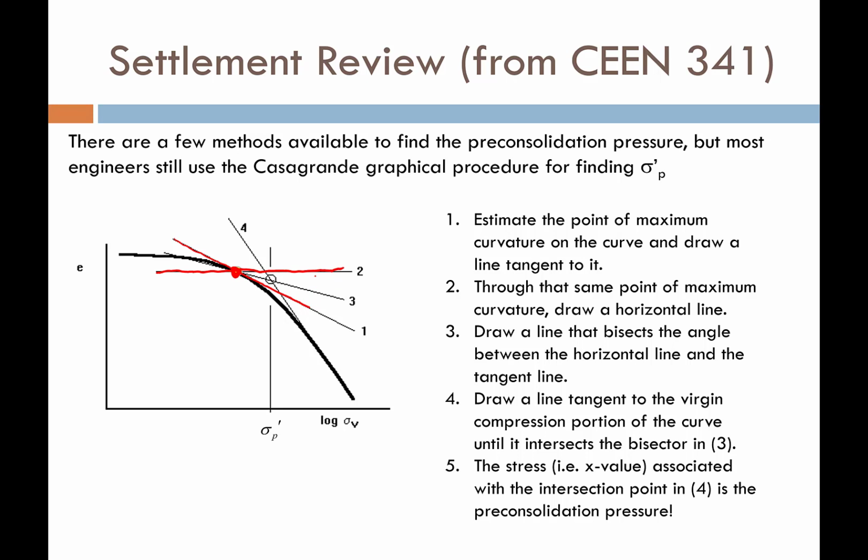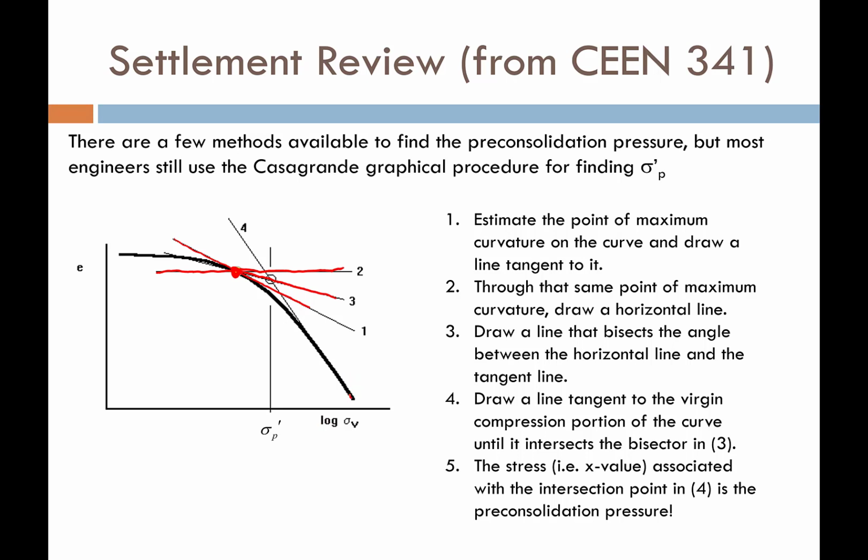Okay. Step 3 is to draw a line right in between there. Well, that wasn't very good. Right in between there, we're going to bisect that angle. That's step number 3. Then step number 4 is to come way down here where the soil is normally consolidated